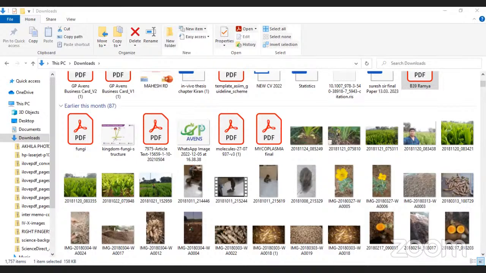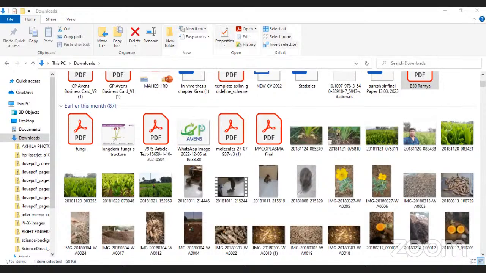So parthenocarpy occurs only in plants. Parthenogenesis occurs in invertebrate animals and lower plants. Examples of parthenocarpy are cucumber, banana, and grapes. Examples of parthenogenesis are insects and lizards. So these are the differences regarding parthenogenesis and